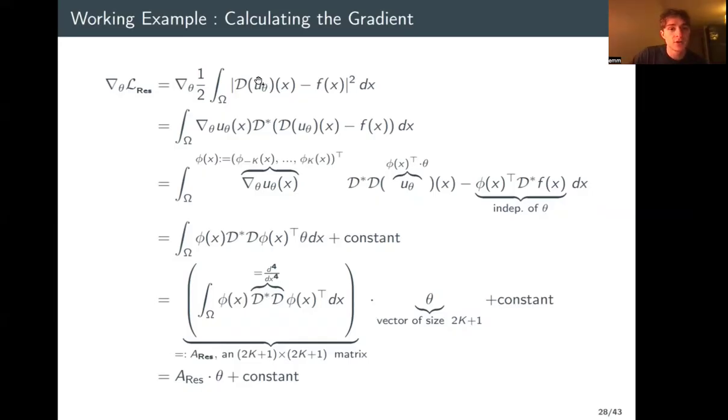So you'd have U theta and you try to make it close to U. This doesn't make sense because if we had U, like I said, we wouldn't need to approximate it with U theta. But in this neural operator setting, it makes sense because we'd actually replace this D by some